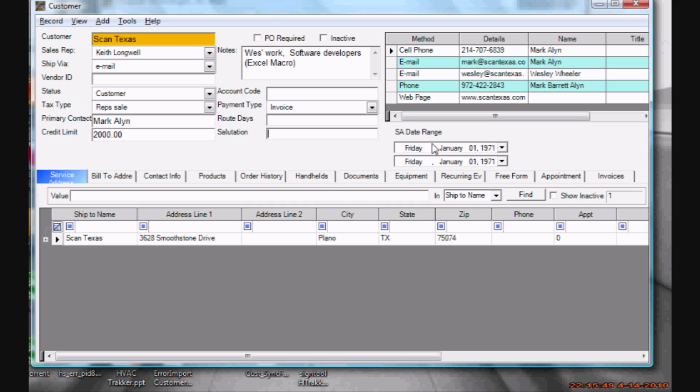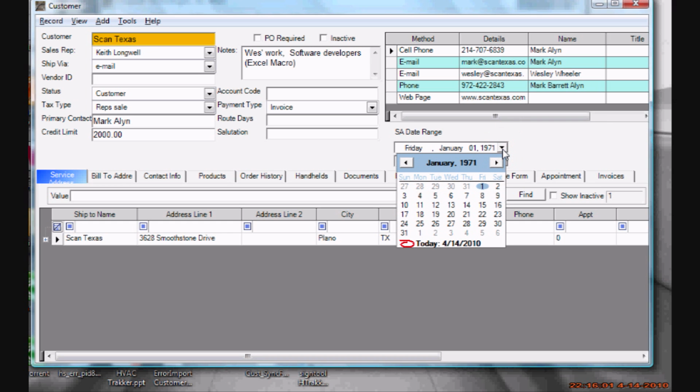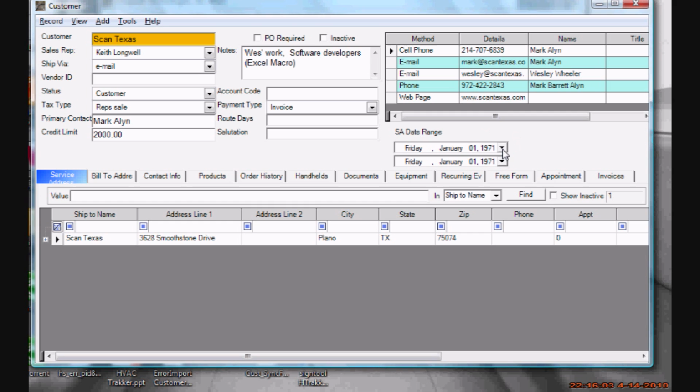Then we've got your date ranges, and this is largely if you've got some sort of service agreement that you offer your customers. If they were a former customer, you can set it to the dates they were a former customer. If they were never a customer, it kind of defaults out to January 1st of 1971. But if they were a former customer, say from 2000 to 2005, you might set this to 2000 through 2005, just so that you have the information to tell you that they were a former